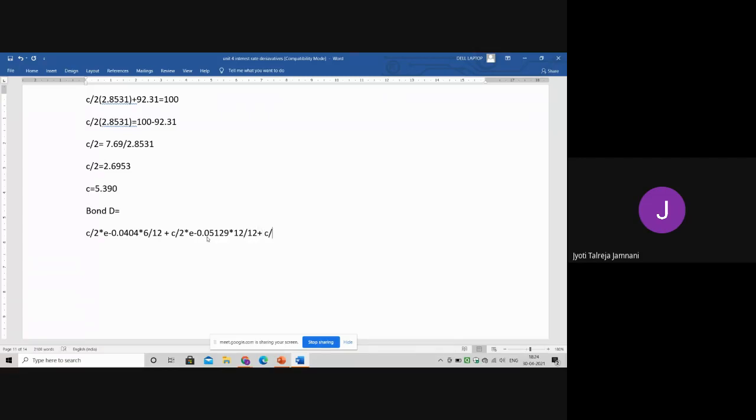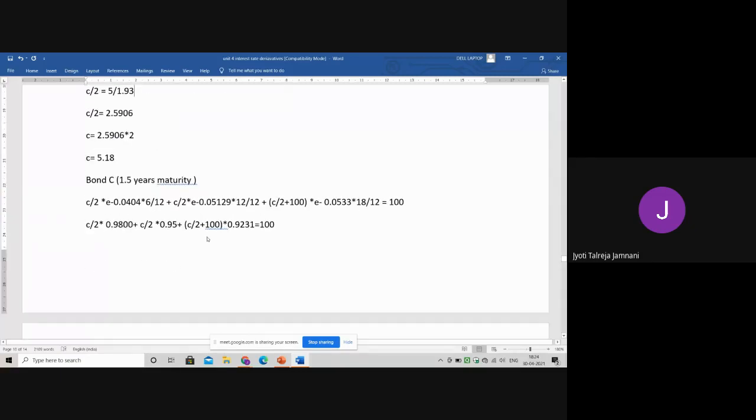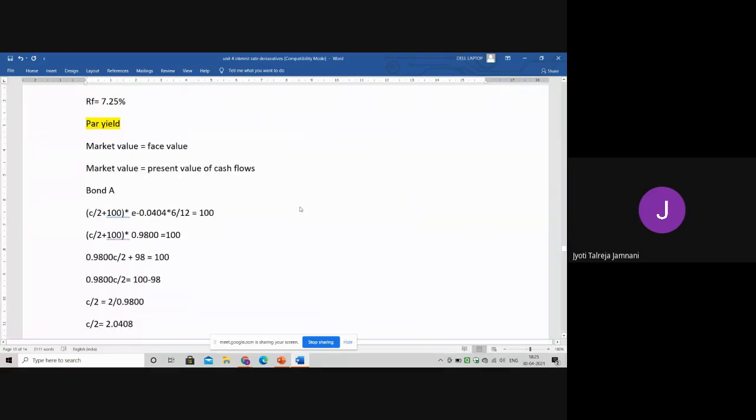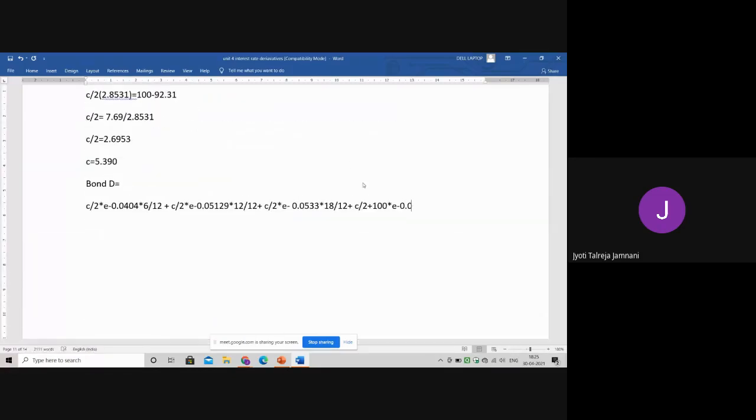plus C by 2 into e raised to minus 0.0533 into 18 by 12, plus C by 2 plus 100 into e raised to the 2-year rate, 5.81, that is 0.0581,